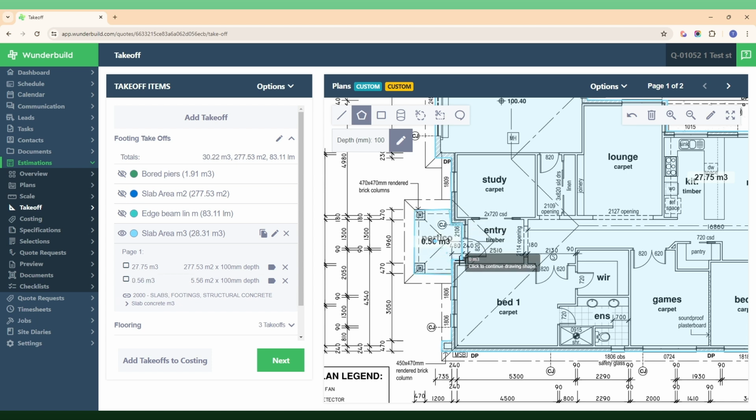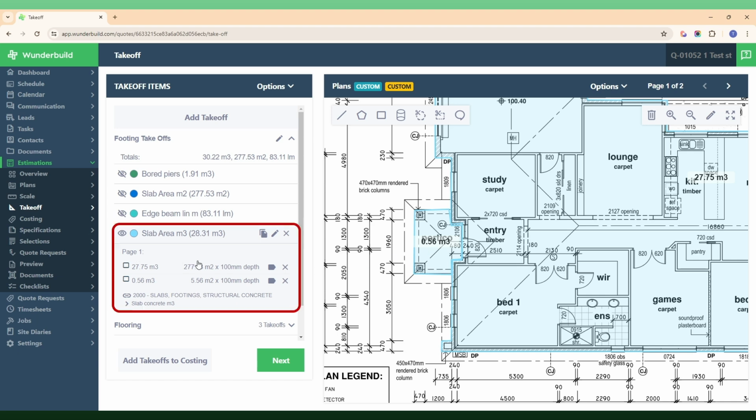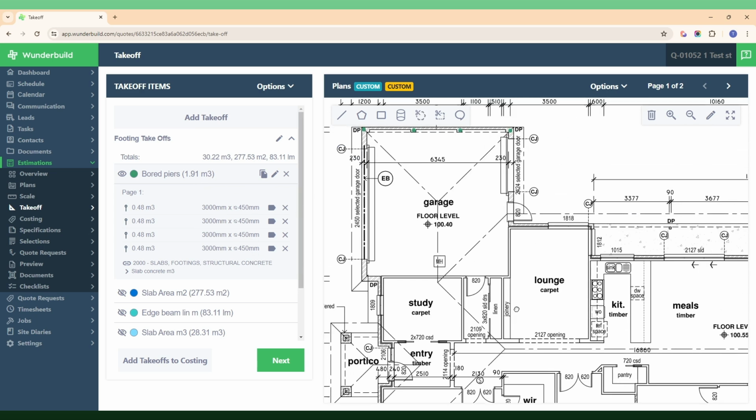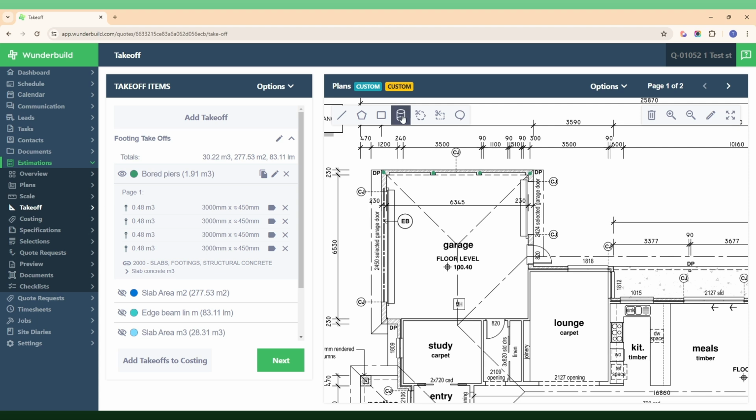Okay, so we've got here 0.56 cubic meters of concrete. You can see that that's added that extra takeoff to the slab area. Let's do a few other changes as an example. Let's add in a few more board piers. So if I click our cylinder tool,